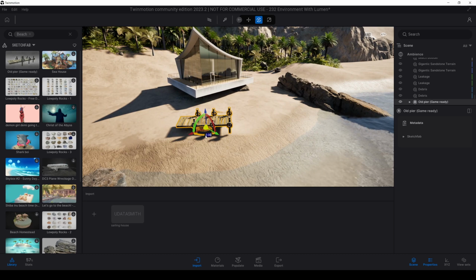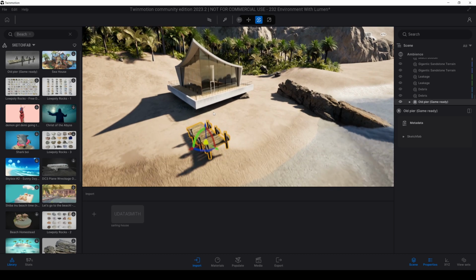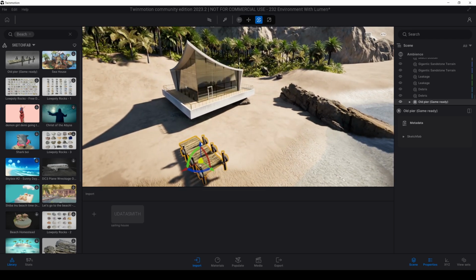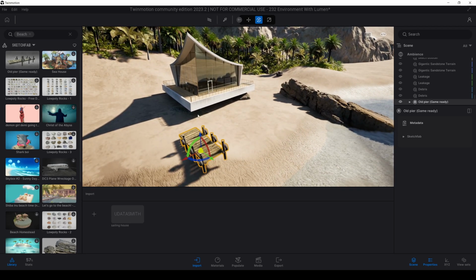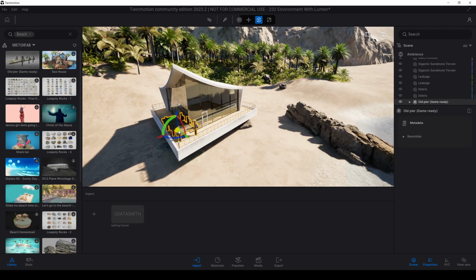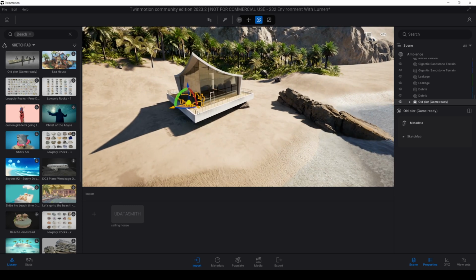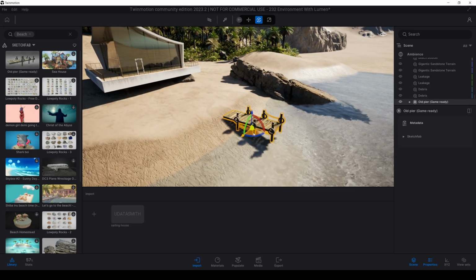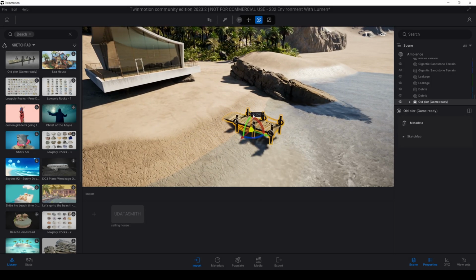Once we achieve that, we can rotate it, but actually it's not flat. To make it flat, I'll hold shift and click this flat part of the building. Now as you can see, it's completely flat, and I'll place it onto the beach.